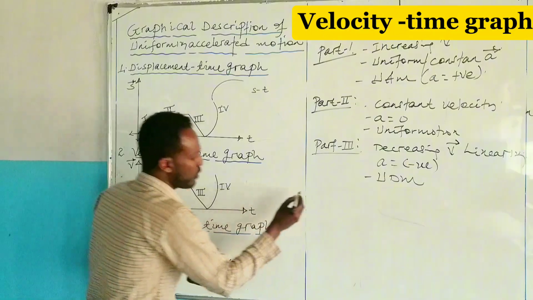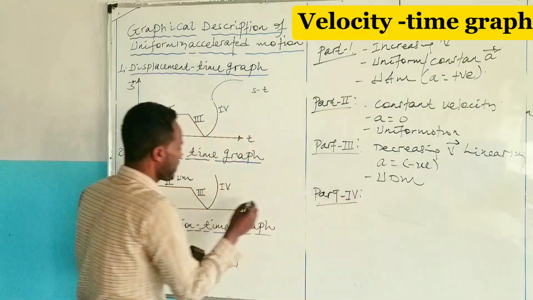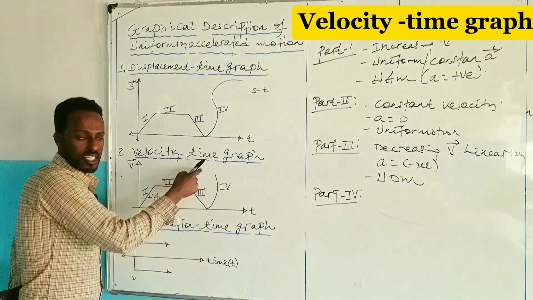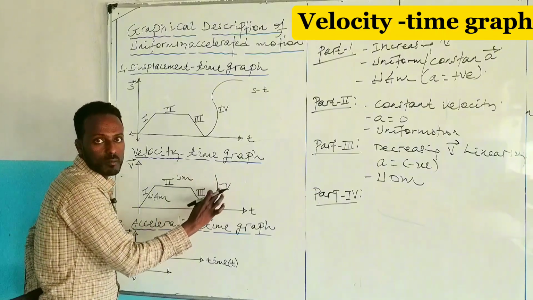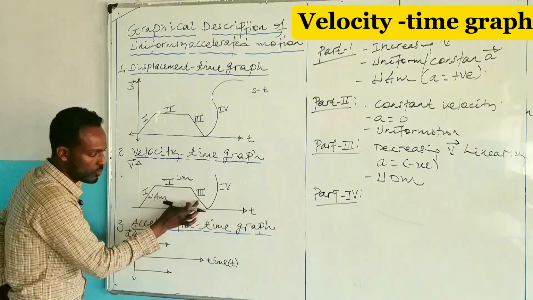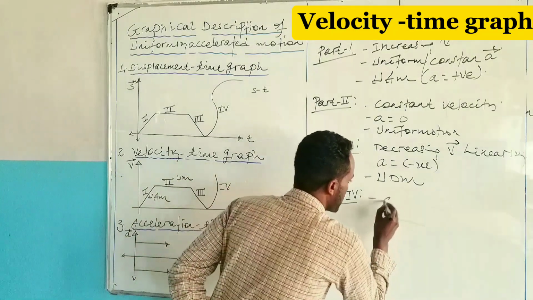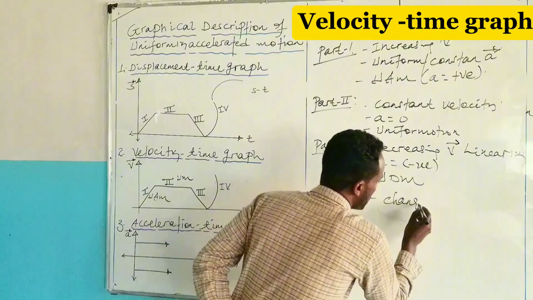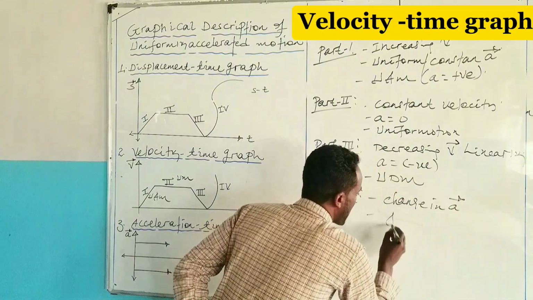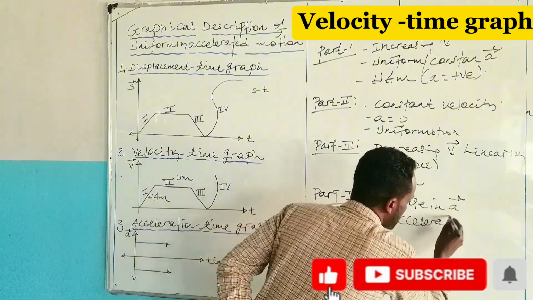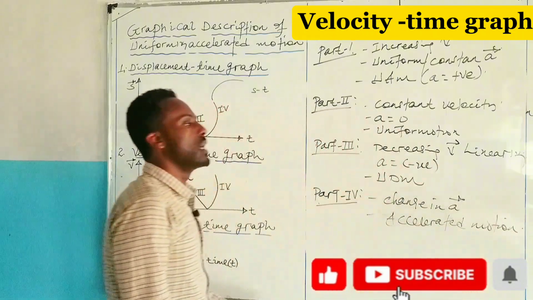ማለት ነው። Part 4 ላይ ስንመጣ ደግሞ there should be what? Change in acceleration. Already acceleration constant አይደለም። እዚህ ጋር uniformly accelerated ብለን ነበር፣ እዚህ ጋር uniformly decelerated motion. Here accelerated motion. There is change in acceleration. So the motion of an object is accelerated motion ብለን በቀላሉ ግራፉን መለየት እንችላለን